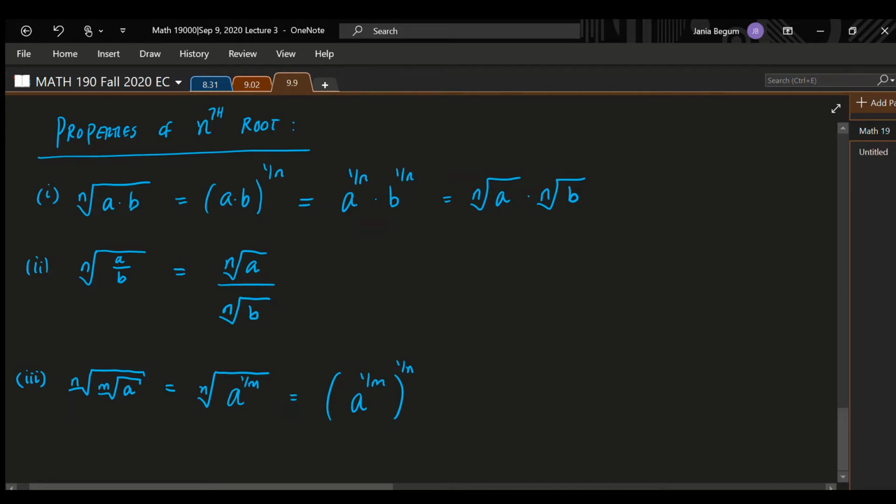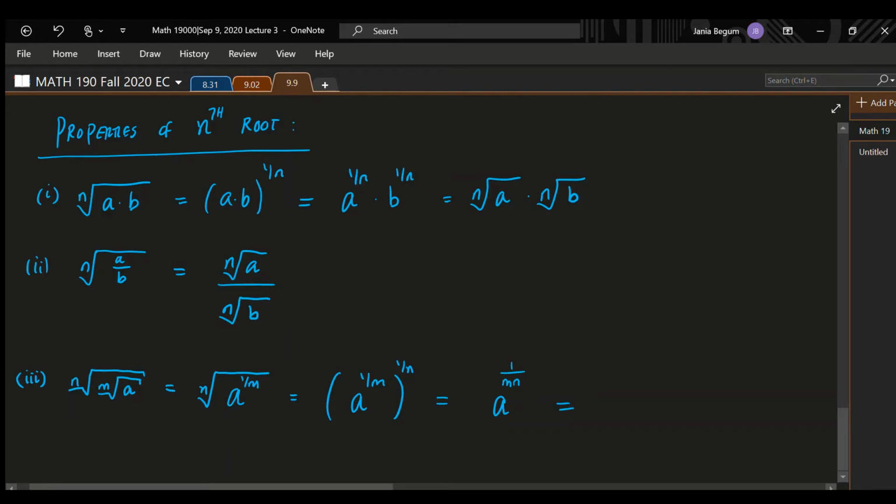Now, from the exponent rules, what do we do with these exponents? Multiply them, right? So we have a to the power 1 times 1 over m times n. And then if you rewrite this back as a radical,